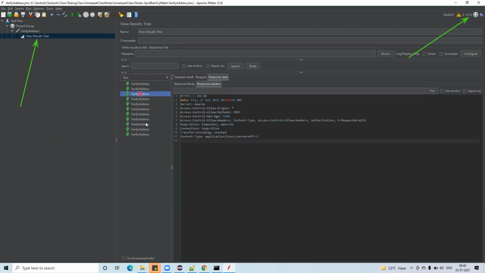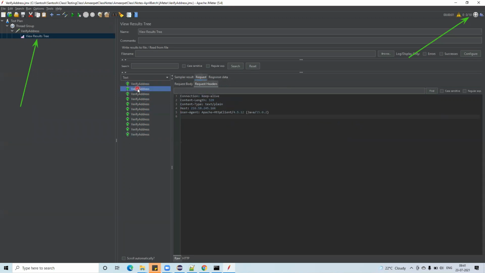Now if you notice, when I click on this, it is showing 49, 49, 49. And see here, all requests are done within a fraction of seconds. Can you see this? And then there is a request also, request body and request headers.